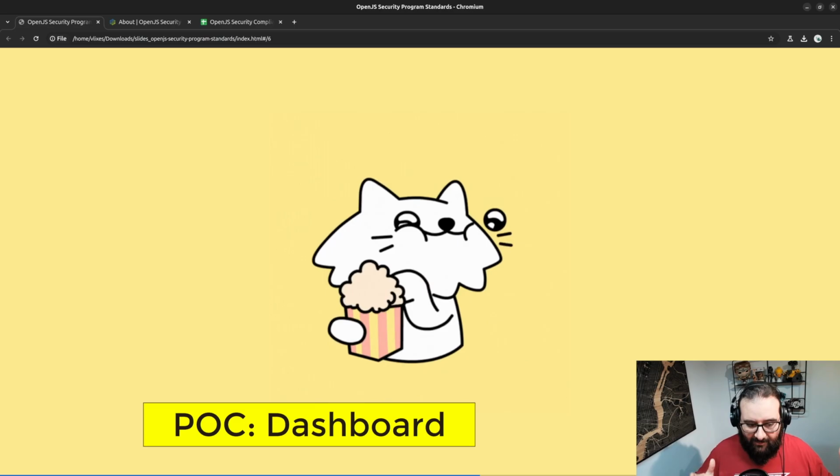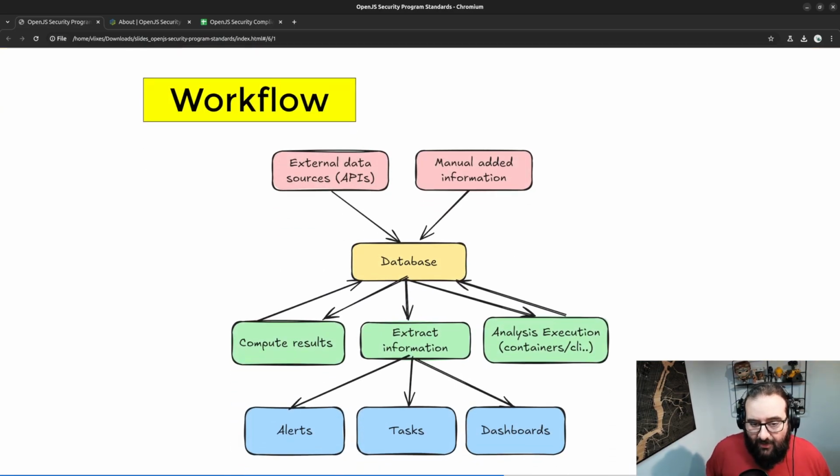And here is the new piece, the POC for the dashboard. The dashboard that I have been working on recently has the ideas that we shared just before, right? The idea is we have some information to collect manually. We have some information to collect from external sources that can change over time, like for example the GitHub API to understand the shape of the organization, the repos and so on, right? So we try to bring this information to a database, and based on that database, we can do computational